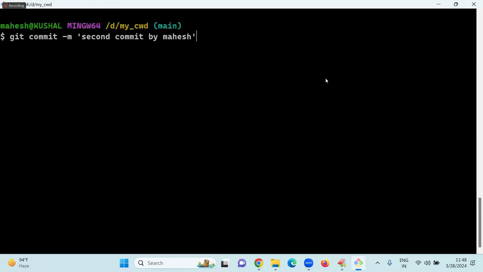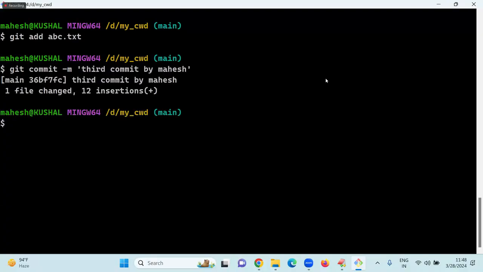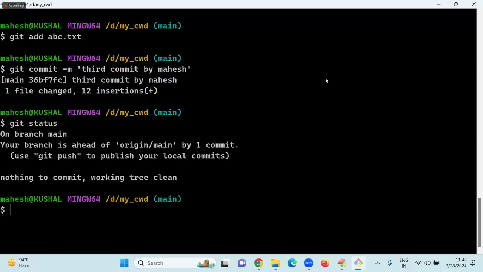First command. What is the first command? Add. Yes. We added it there. After that, this is the third commit. Yes, sir. 12 insertions. That is 6 plus 6, 12 lines I added. 12 insertions done. Git status done. Working branch is clean. Once it is okay,